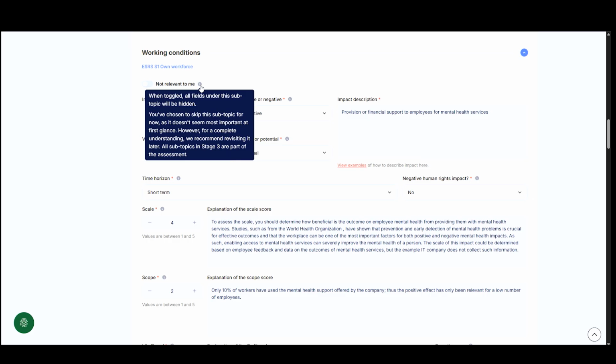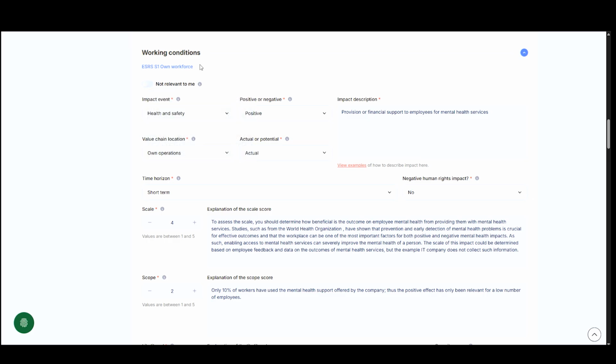This top part, before we get to numbers, is all about describing this impact. And the specific questions come from ESRS. But if you are not doing an ESRS report, these are the things that you can maybe gloss over in the beginning if you want to do it more easily. And then if you have assessed that this impact is very material to you, you can come back and analyze where exactly in the value chain this is, in what time horizon this impact is appearing,